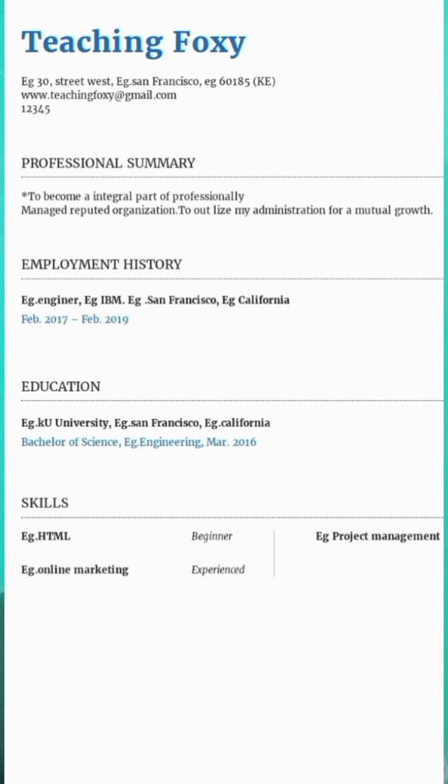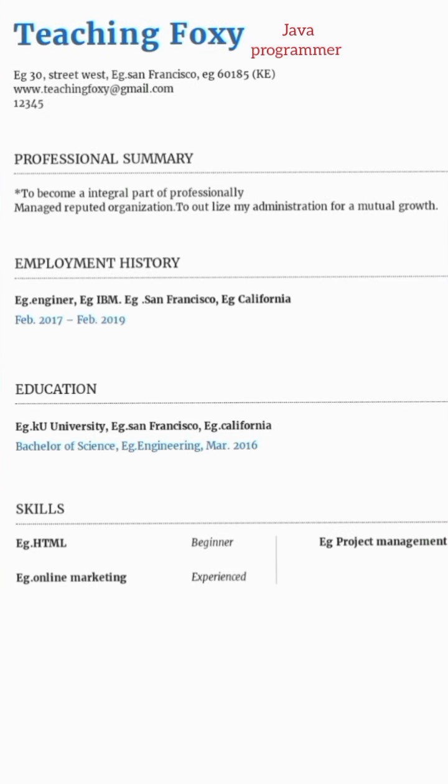So the first thing is your name. Give your full name. The first part of your resume will have your personal details. You can also give your title. For example, if you are a software engineer, you can showcase after your name, Java programmer, C++ expert, or something relevant. If you're a safety expert, you can say so, and underneath you can showcase your experience as a safety expert. After that,